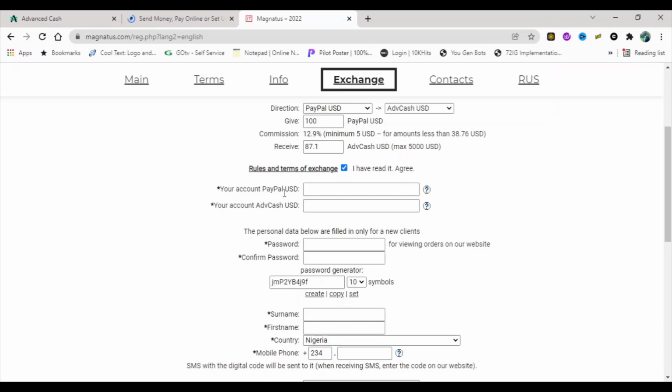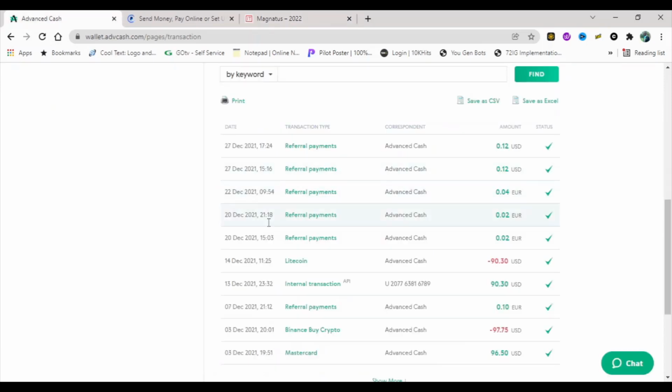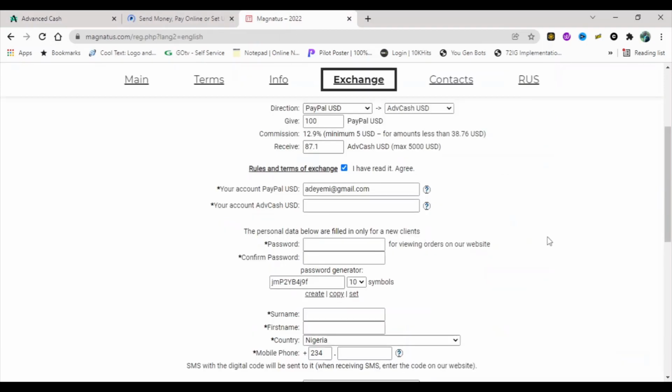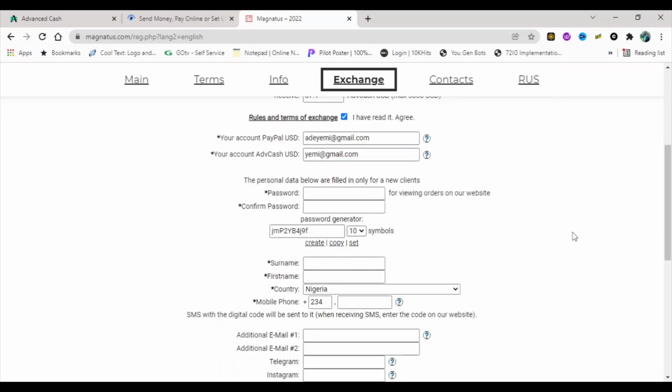Then the PayPal account: the email that you use as your PayPal account login, you are going to put that here. Let's say it's also adeyemi at gmail.com, right? Then your Advcash USD: the email that you use to register your Advcash is what you are going to put here. Let's say that one is yemi@gmail.com, right? So now the password that you want to be using when the account is opened,